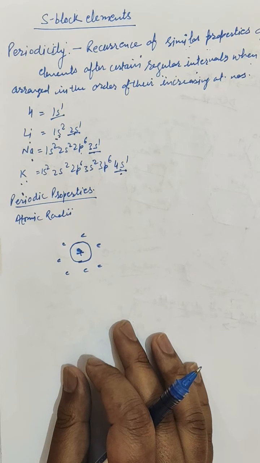Thus we can define the atomic radius as the effective size, which means the distance of closest approach of one atom to another atom in a given bonding situation. In other words, atomic radius corresponds to the limit of approach of another atom in a particular substance.